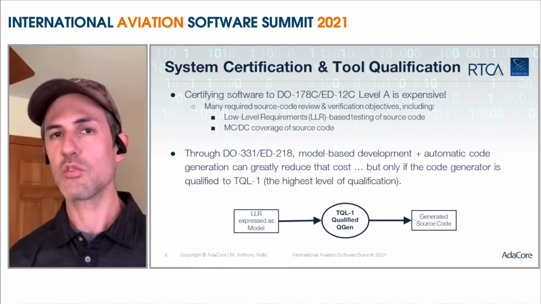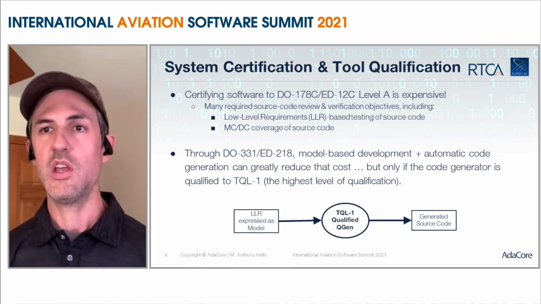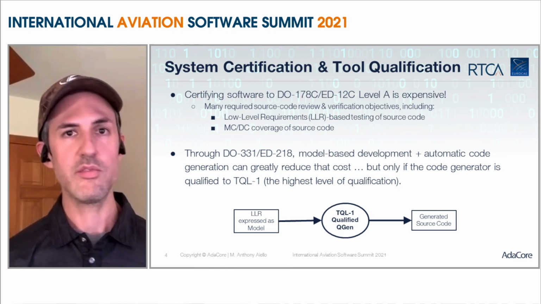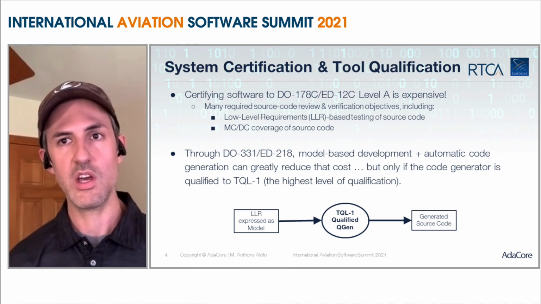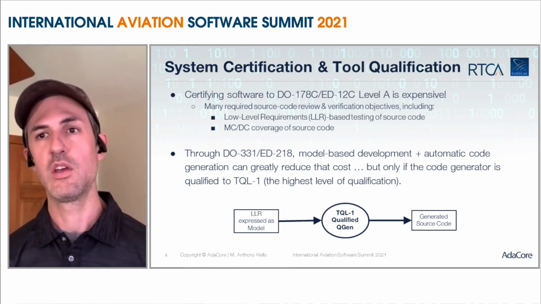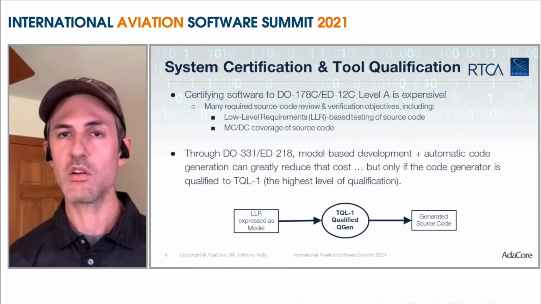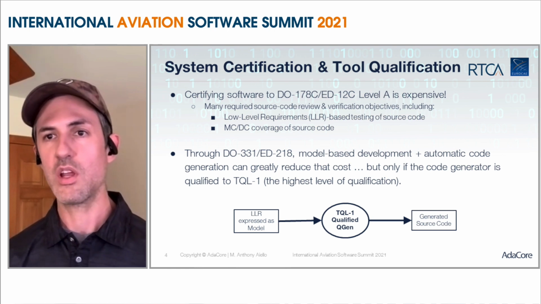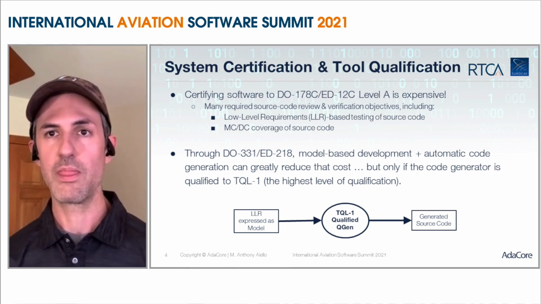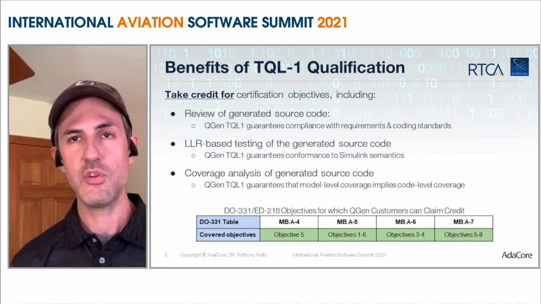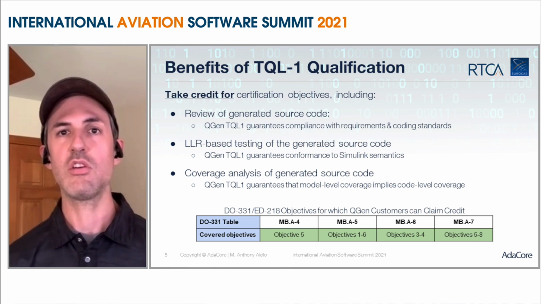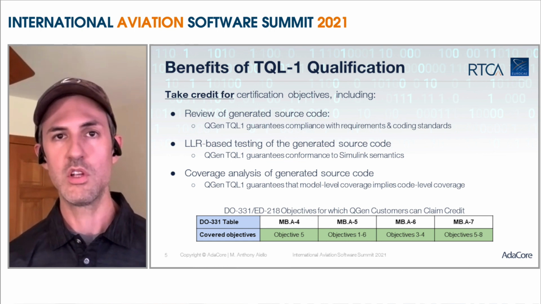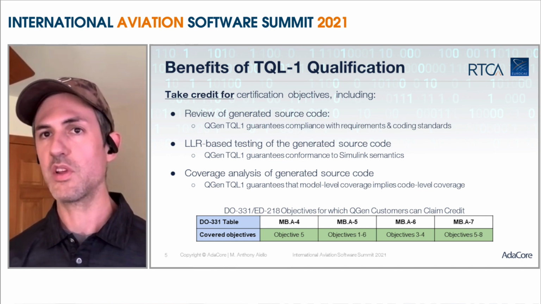But these cost savings are only fully realizable if the code generator that's used from the model is qualified to TQL1, which is the highest level of qualification. With the TQL1 code generator, the low-level requirements, which are expressed as a model, are generated into source code automatically. Now, what's important about TQL1 qualification is that applicants using a TQL1 qualified tool can take credit for certain certification